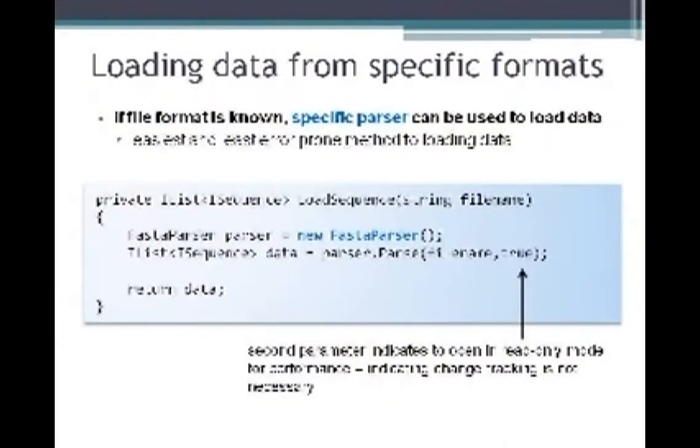When we actually go to load the data itself, if you know the specific format you're after, you can just instantiate that parser directly. For example, if I know my data is in a FastA file format, I can simply create a new FastA parser and then call Parse. I can do a new against it, hand it the file name on the Parse method, and it would hand me back the list of sequences read from that particular file.